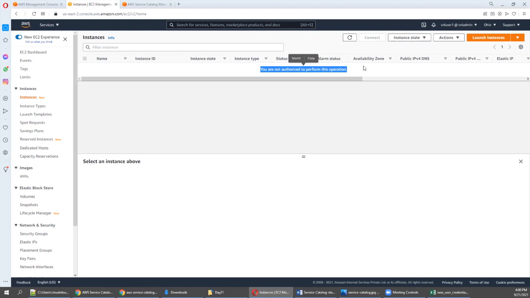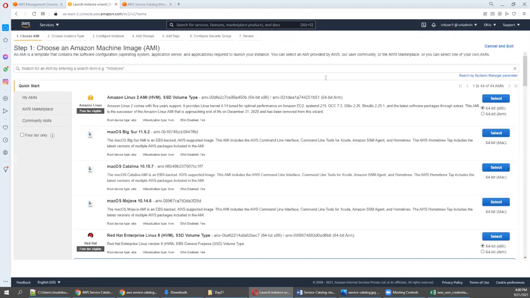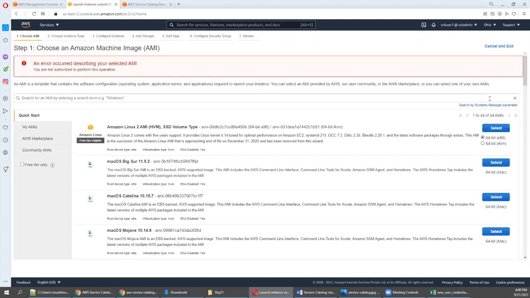From your desk, you define what project 1 wants, what project 2 wants, what project 3 wants. This is how you can control multiple projects in one single tenant. Even if you try to launch an instance, it will throw the error.